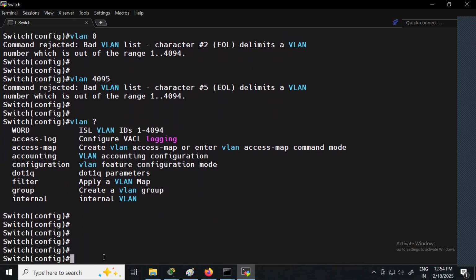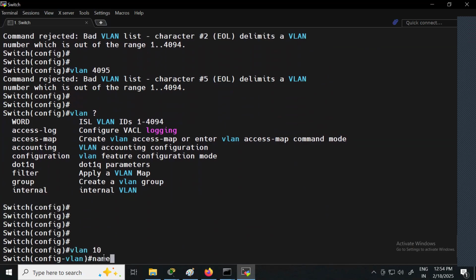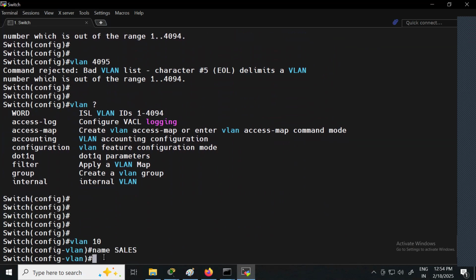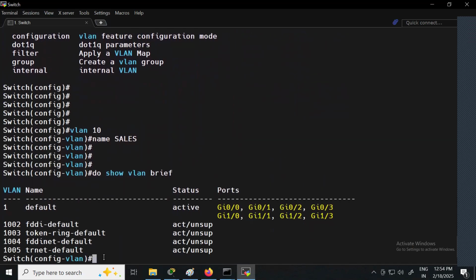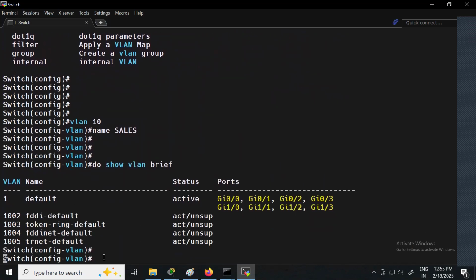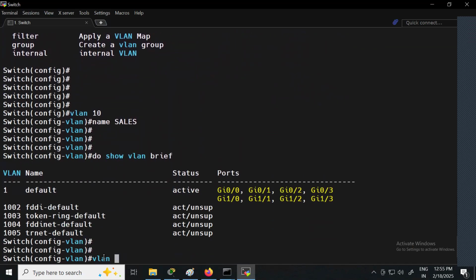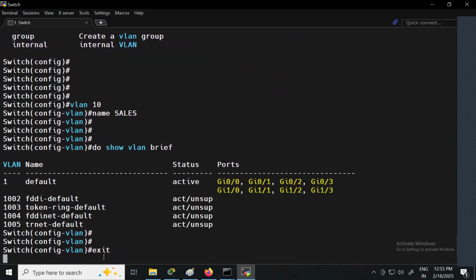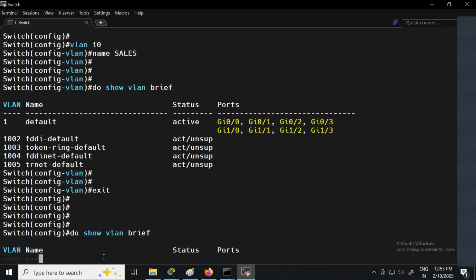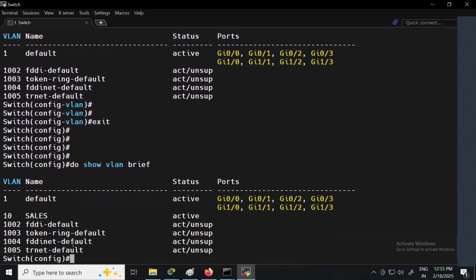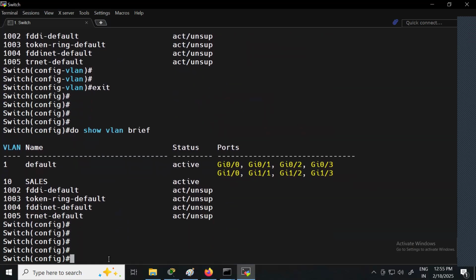Now, if you want to assign a port, let's say sales. Okay, so do show VLAN brief. Okay, so VLAN 10 has been created. Now I'll try to add some ports into this VLAN, right?